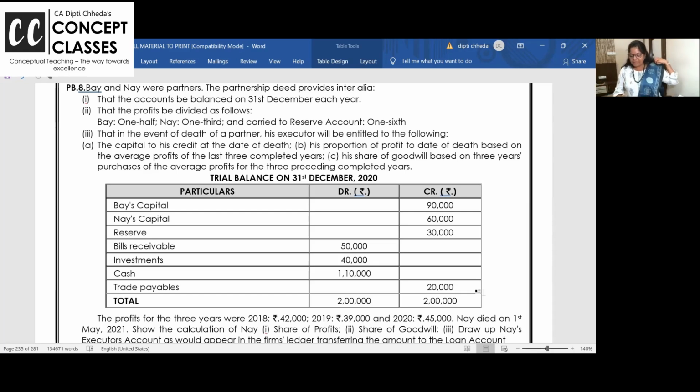We can make it equal, I'll show you how, and carry 1/6 to reserves. In the event of death, his executors will get